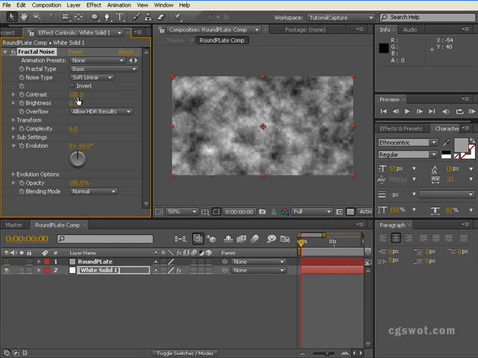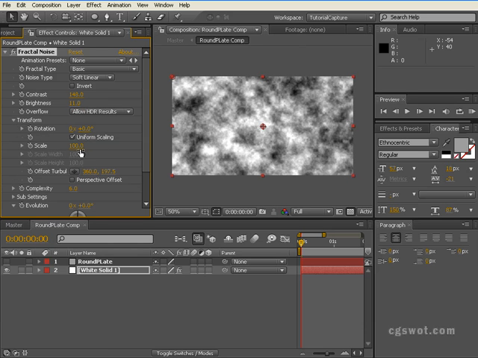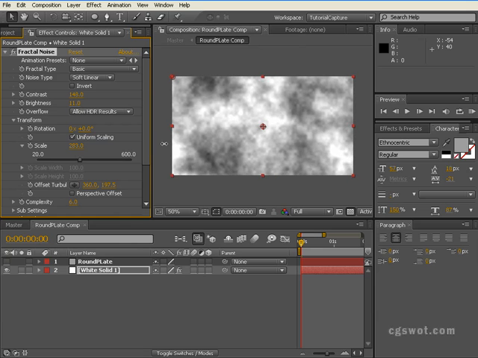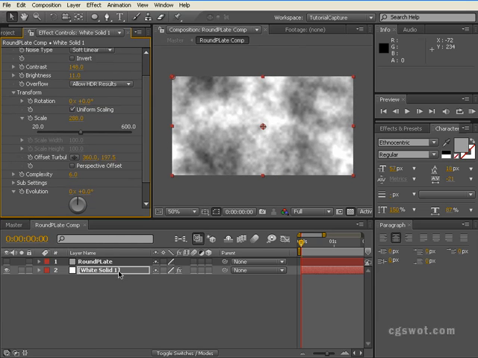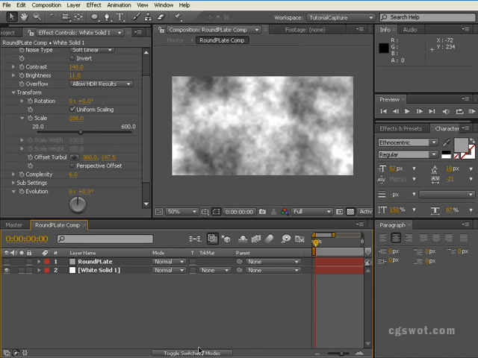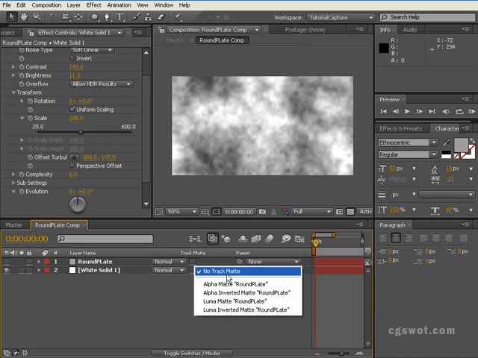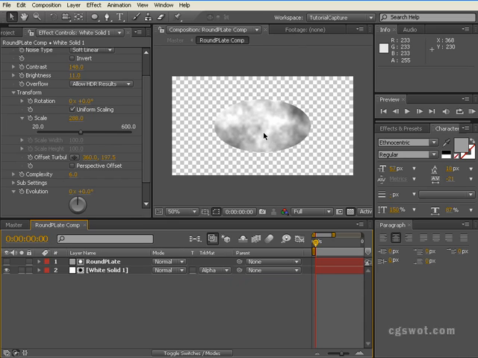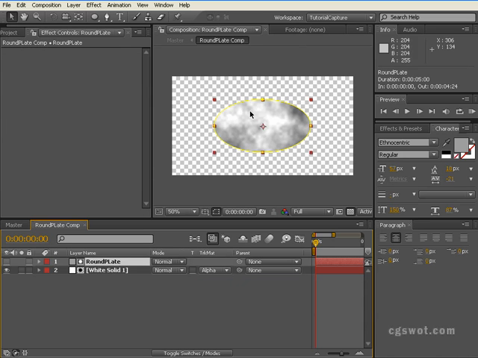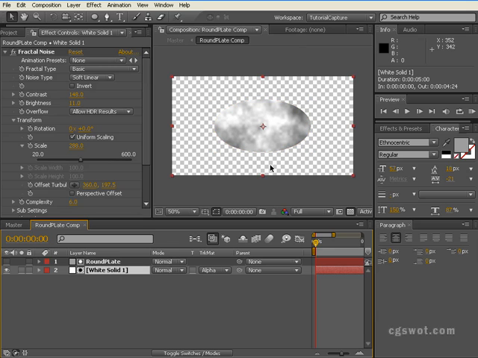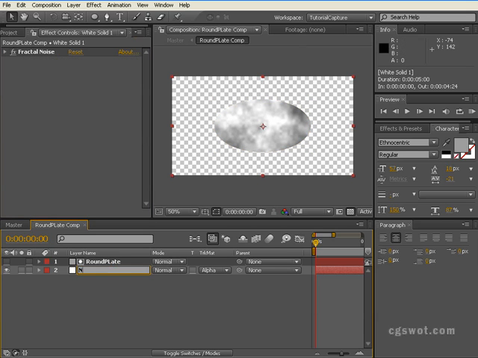Basic fractal type is fine. We're going to go for a little bit more contrast, something like that, and then we'll go into our transform settings and bring the scale up quite considerably. Now down in our layers, what we want to do is just switch our toggles down here, and we want to create an alpha matte. And what that does is use the round plate that we created to punch out an alpha'd version of that noise. We'll just rename this